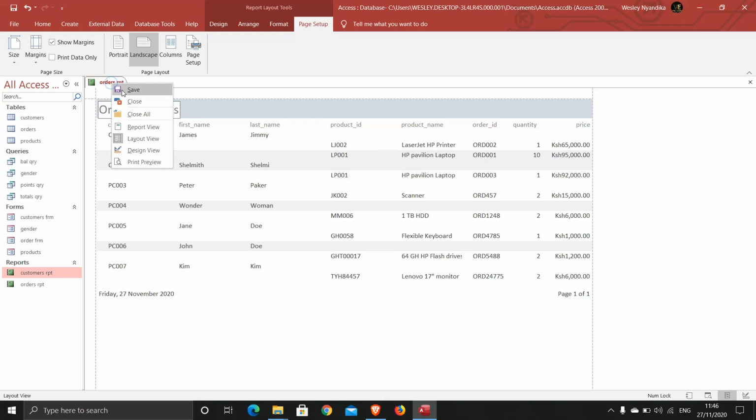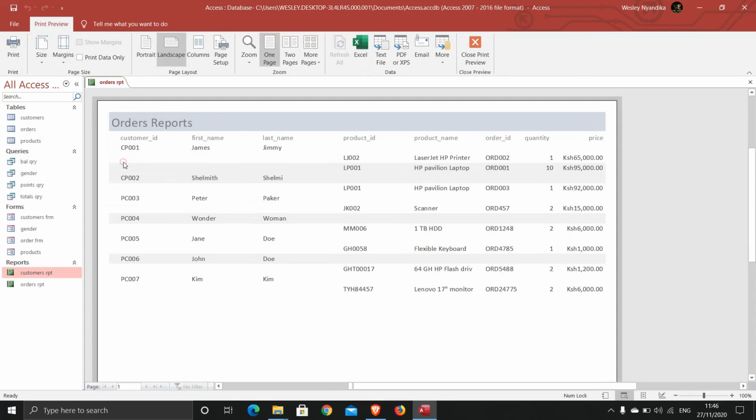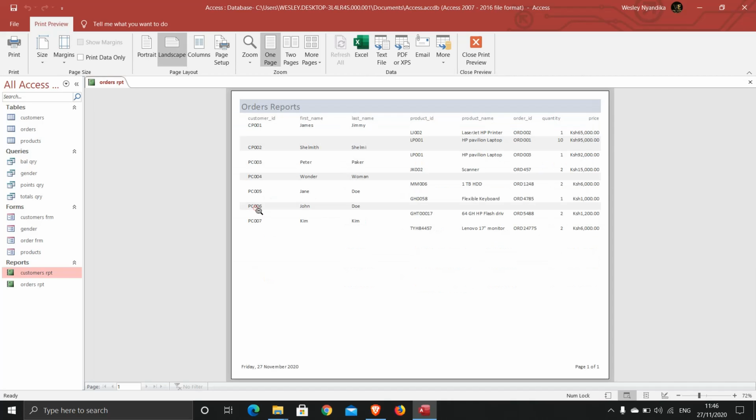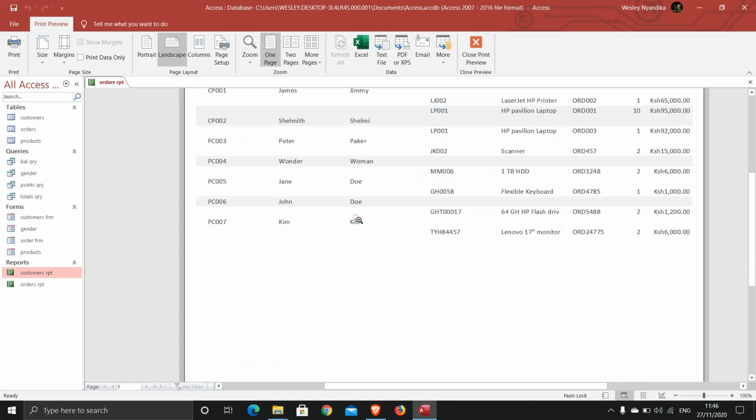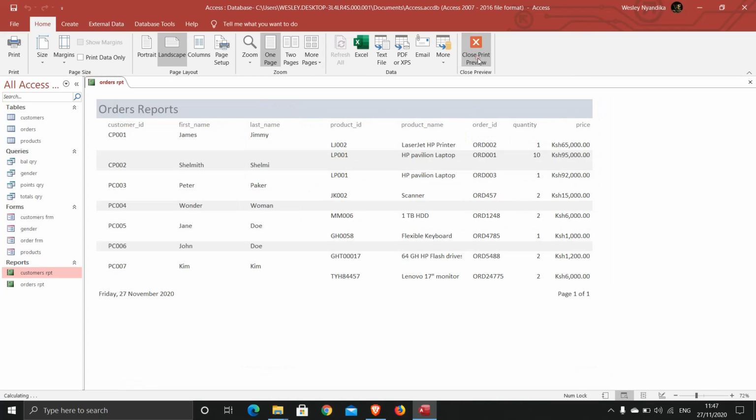If you save this report and you preview it, so home, view, report view, you can see what you have. So the report looks nice now. Everything is fitting, nothing is cut out. Again, let us try print preview. So let's click print preview, and this is what we get, just on one single page, and everything is fitting perfectly. So that is the second way of generating a report using the